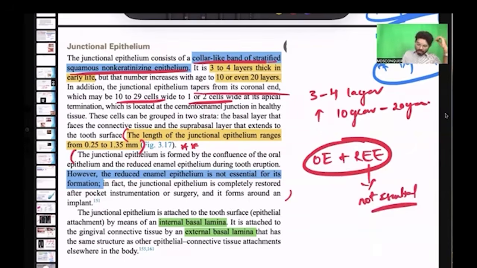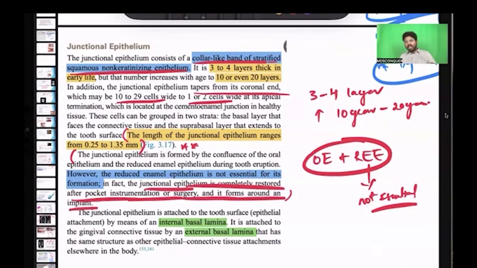Normally this junctional epithelium is completely restored after pocket elimination or surgery, and even around an implant, the junctional epithelium is able to form back. Because when you're placing an implant, where is your reduced enamel epithelium? Reduced enamel epithelium will be found only once in a lifetime. But even when reduced enamel epithelium is not there, it forms around the implant. It forms after pocket instrumentation, after pocket surgery. So finally, they have concluded, yes, reduced enamel epithelium is required, but it is not essential for the formation of